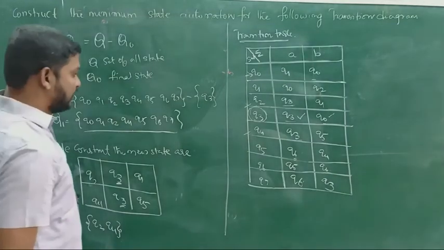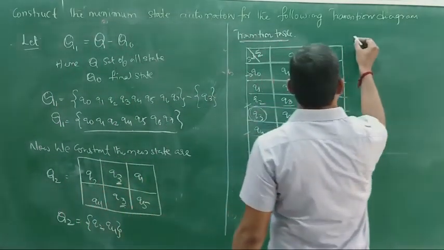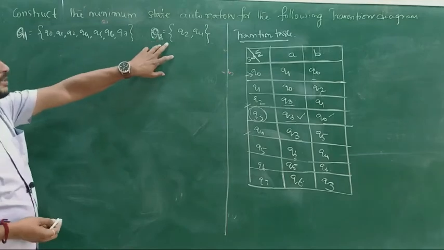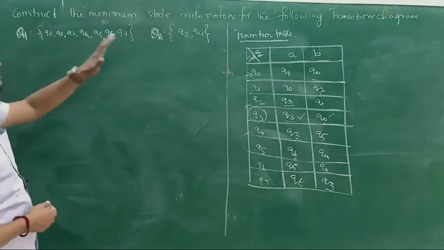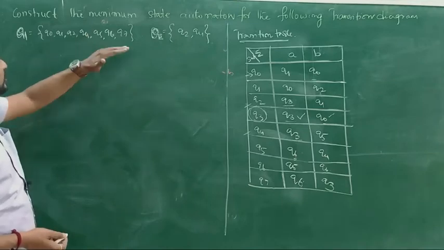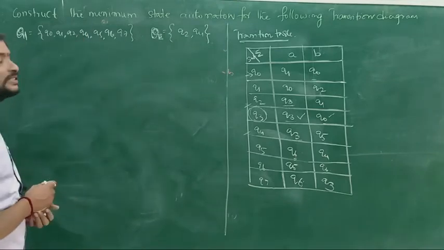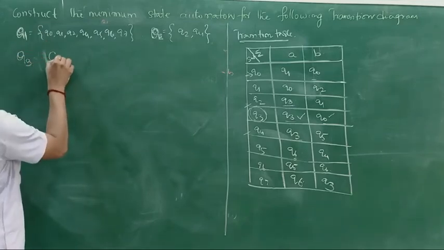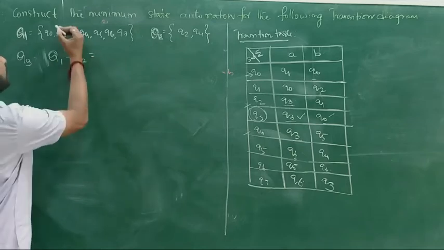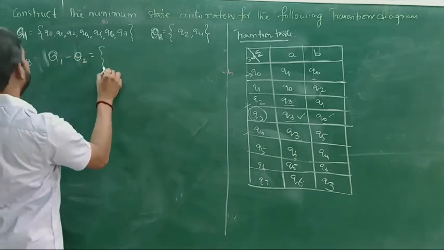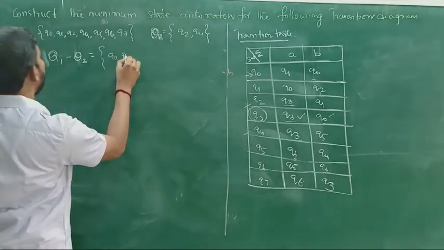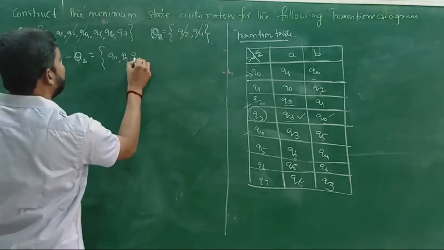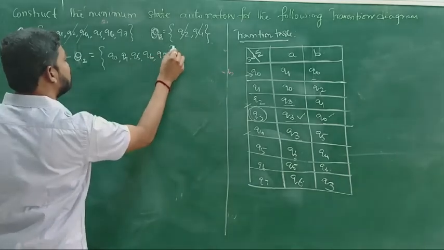Okay, now the line state, the next one, I think next we can reduce. The new state result is q2, next one is q1. Now we can remove these states, remove the states in this set. So the set is q3, we can remove the set, that is q1 minus q2, so q1 minus q2 is equal to q3, so q0 q1, cut out q2, q0 q1 and q5 q6 and q7, so this is the one new set.